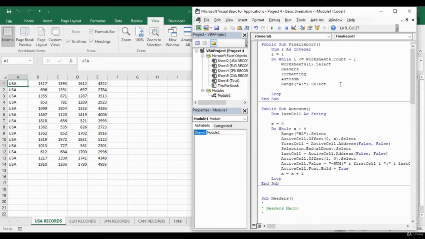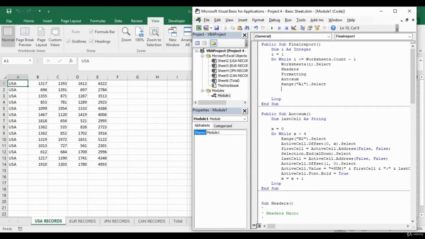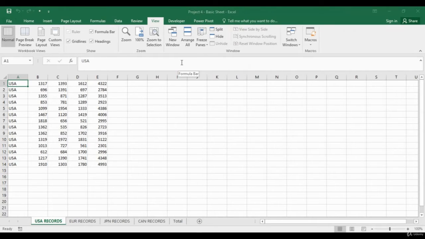So you are starting from A1, and then the range is a selection of all the values. We have to select the whole region in the particular range. To do that, you have something called CurrentRegion.Select: Selection.CurrentRegion.Select. What that means is it selects all the values. It does a Ctrl+Right and then Ctrl+Down, so it selects all the values towards the right and down.